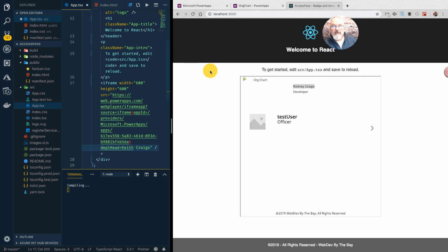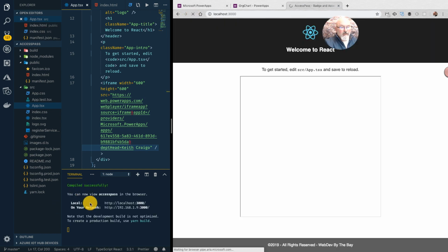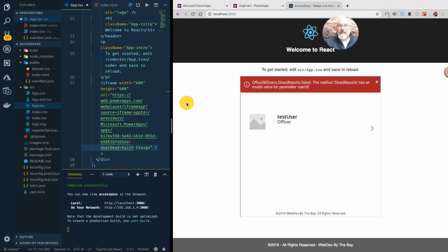So that has changed, and it's compiling, and there we go, it's refreshed. And like I said, it cannot find the user ID because it doesn't exist.